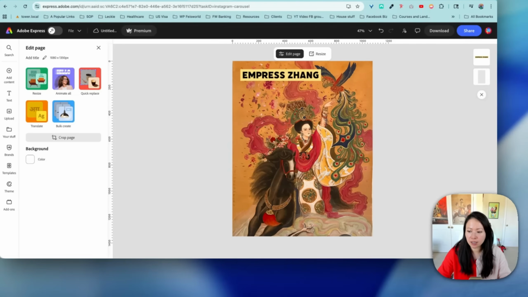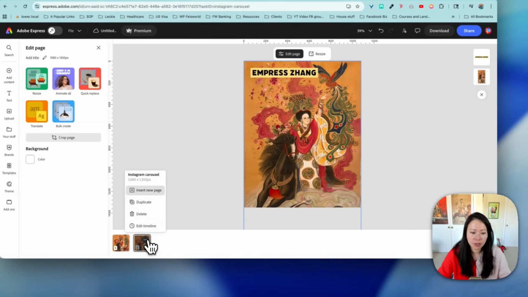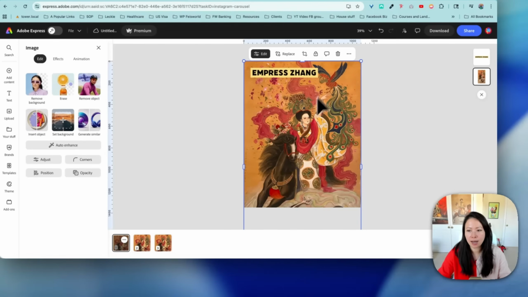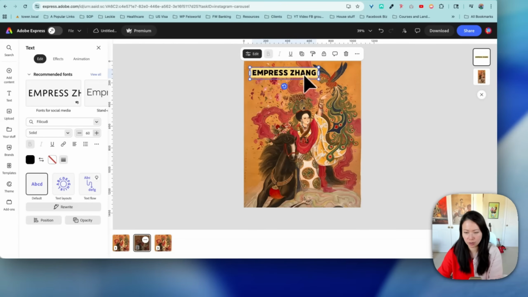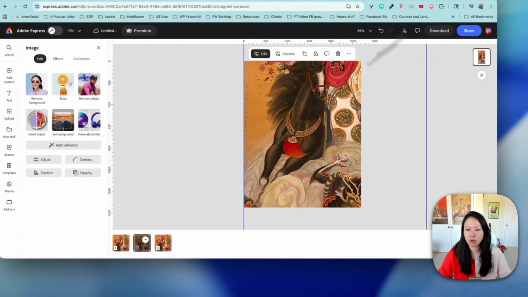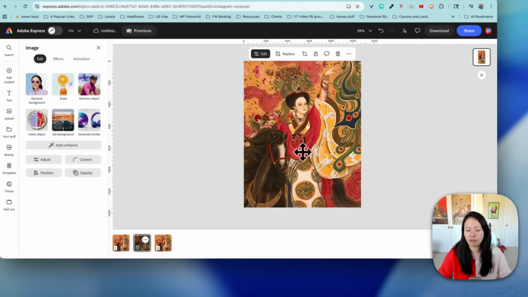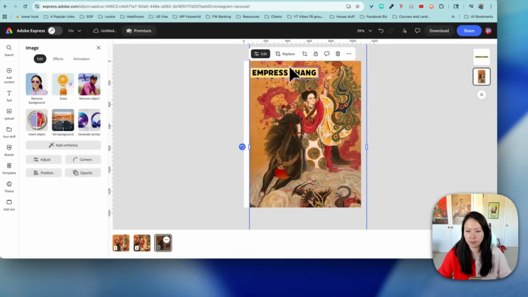Now, once I'm here, I can simply duplicate. I'm going to duplicate this a few times. I can do that by right click, choose duplicate, or I can click on the 3 dots, duplicate as well. What I'm trying to do is now the first image, I want to say Empress Zhang. And then the second one, I don't need to keep repeating her name. I want to really zoom in on specific elements, like such as her face, and then this one, I want